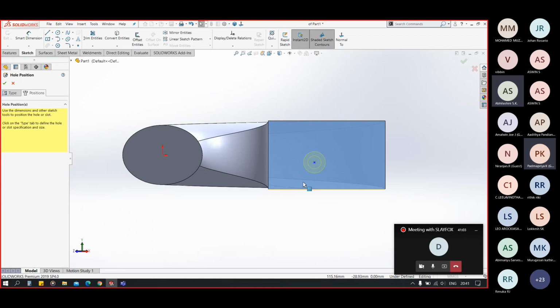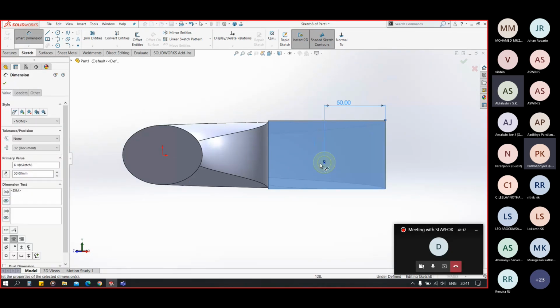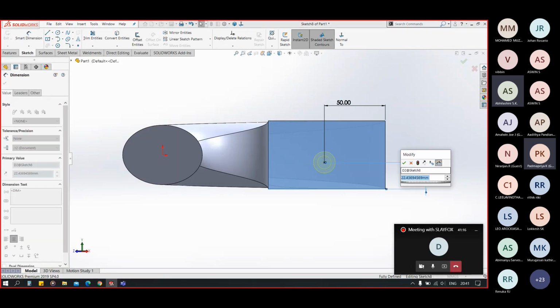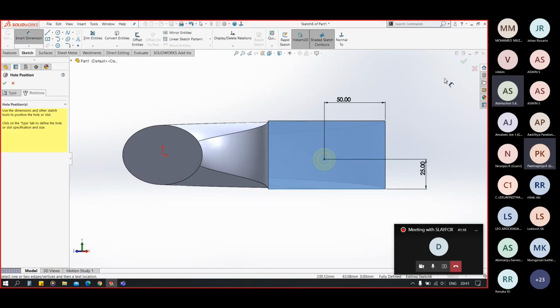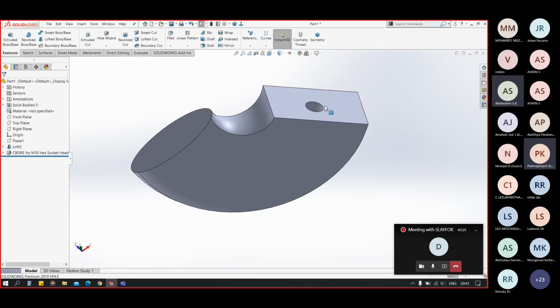Now you have to dimension this hole with respect to the origin or with respect to edges. Now you can see the hole point is turned black, so it means that the hole is fully constrained.